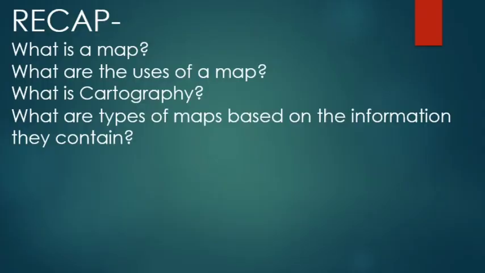I would like to briefly sum up today's topic, children. What is a map? A map is a representation or a drawing of the earth's surface or a part of it which is drawn on a flat surface. One more important point: a map should always be drawn according to scale and direction. And what are the uses of maps? You understood that maps are used for different purposes. You can understand the location of various landforms, political boundaries of the country, location of rivers, lakes, oceans, and the shape and size of any place over the earth's surface.